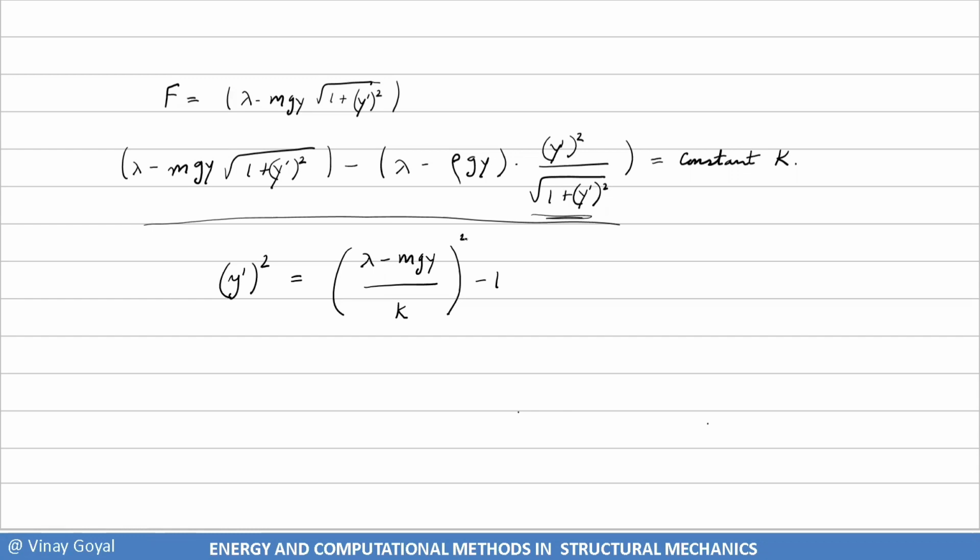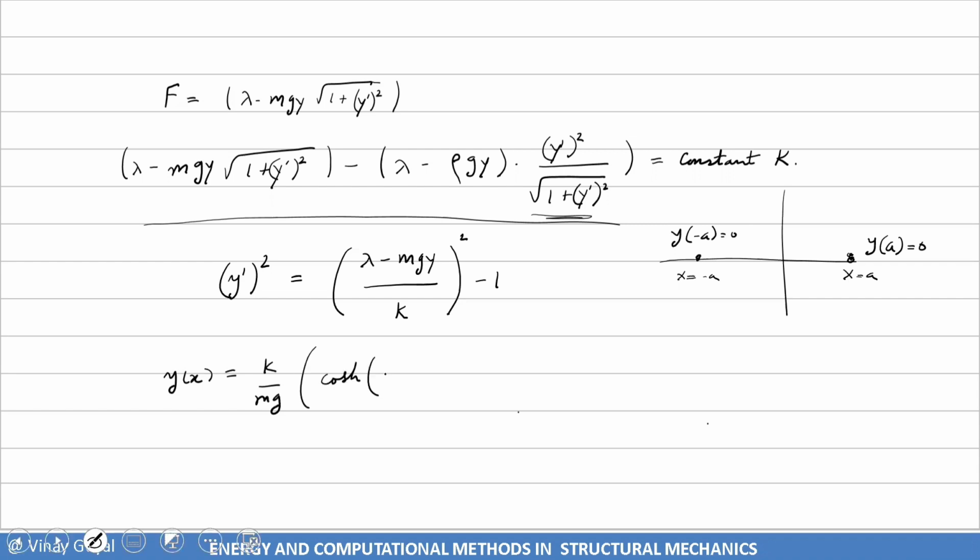And if I set my boundaries to be just like for the hanging chain, at x equals minus a and x equals a, I set y to be 0 at both. Then with those boundary conditions, I'll simply get y of x equals k over mg, using Mathematica, cosh of mgx over k minus cosh of mga over k. Okay, so it becomes a lot simpler,